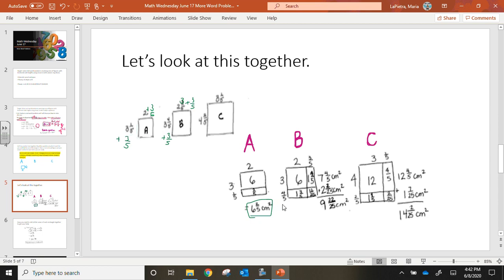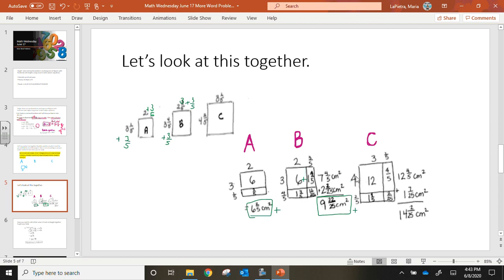Then for B, 3 times 2 is 6. 3 times 3/5 was 1 4/5. When you added those two together, you got 7 4/5 centimeters squared. The 4/5 times 2 was 1 3/5, and 4/5 times 3/5 was 12 over 25. My answer for that was 9 22 over 25, plus, then we're taking C,